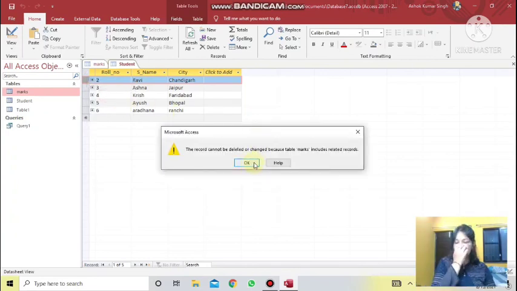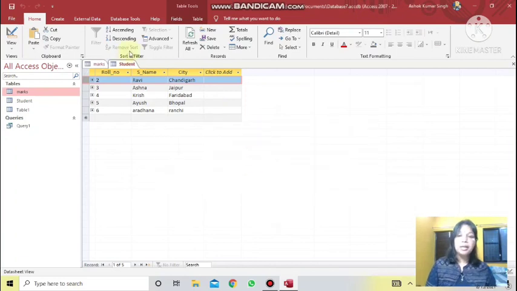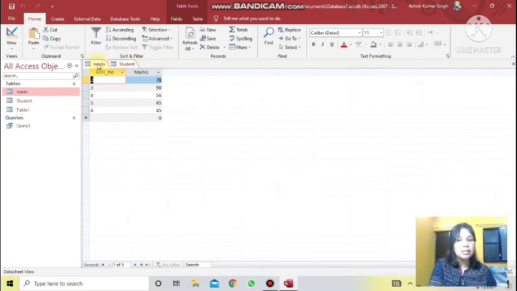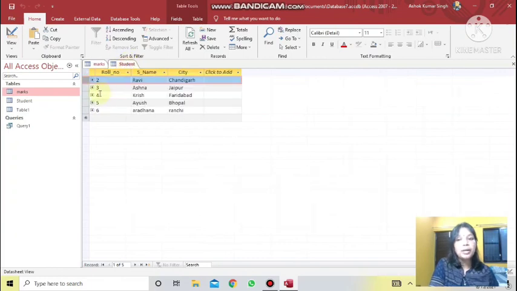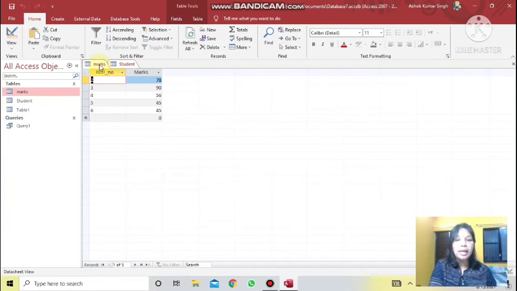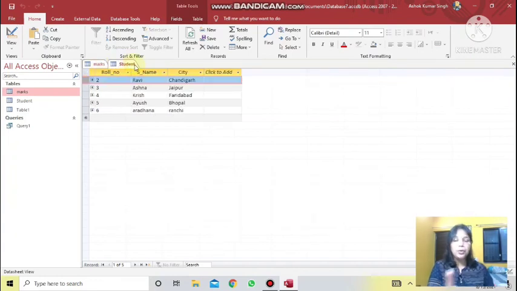So this relationship of insertion and deletion and updation as well is there in your parent and child table. Let me repeat it. Whatever new entry you have to do, it should be there in parent table first. In our case, student is the parent table and marks is the child table. So any new entry will be made in parent table first, and then that entry will go to marks table or the child table. Every deletion should be made first in child table and then only in the parent table. I hope you have understood this concept of referential integrity.